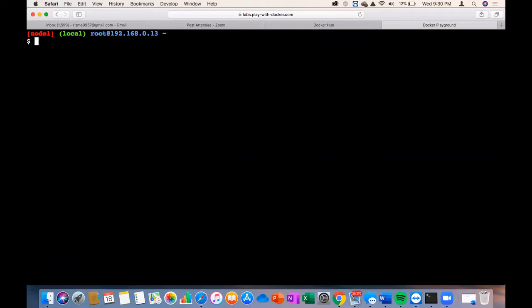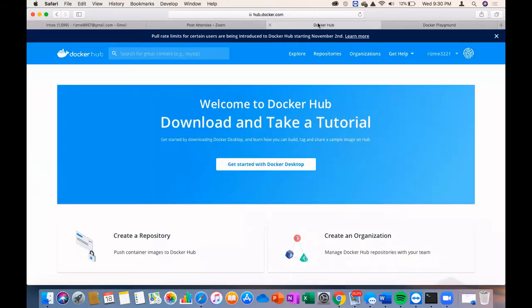What we are going to do today is pull an image. That image is basically a web server. It has a web server installed by default. So go back to your Docker Hub one more time, and let's see which image I should pull. In the search box on the extreme left, type the username Tutum.